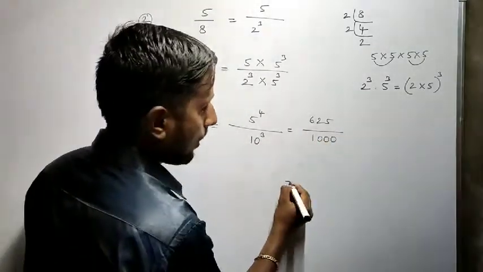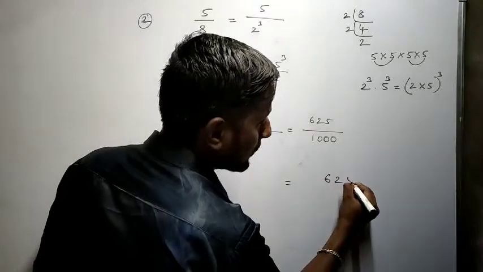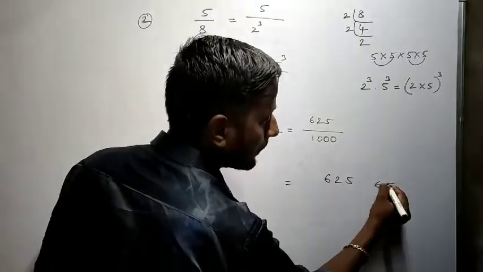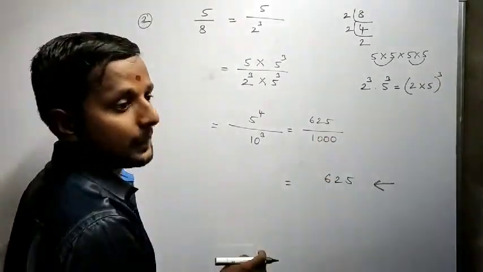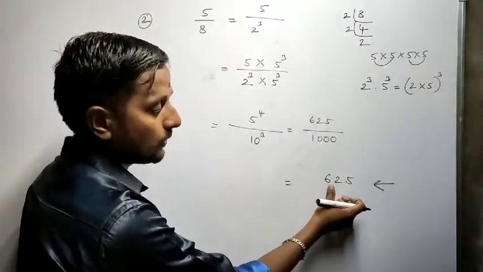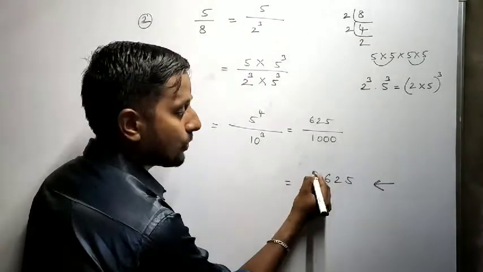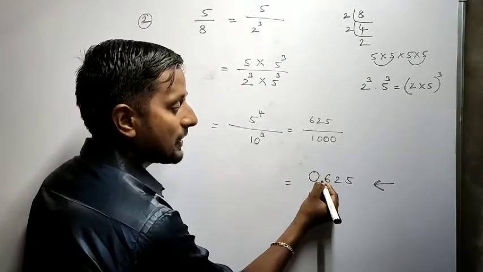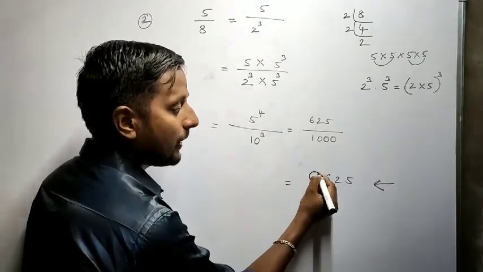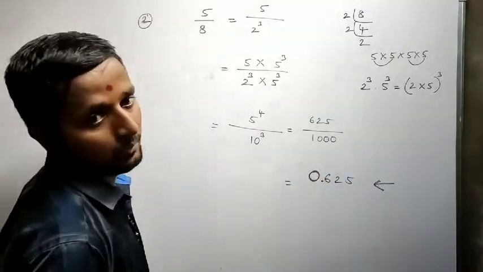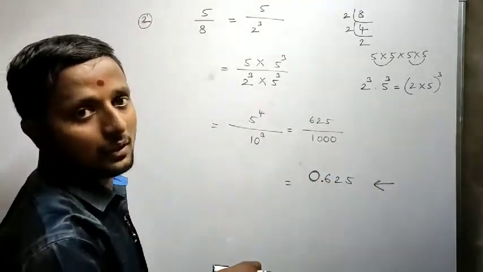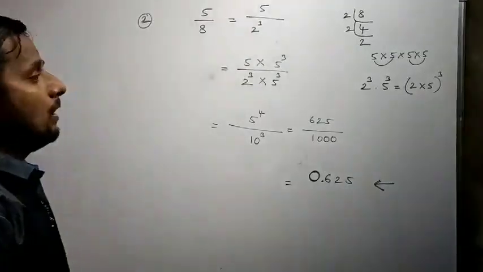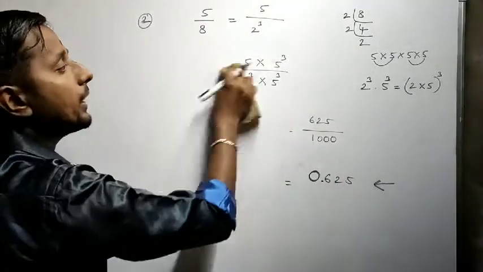Correct? Write the numerator as it is, 625. Count from right. In the denominator we have 3 zeros. Am I right? So 1, 2, 3. After 3 digits we should take a decimal, but before the decimal we need a digit. Am I right? So that is 0, because there is nothing, that's why we have taken 0. If there is some digit, we won't take it. Okay. Let's see the third example.